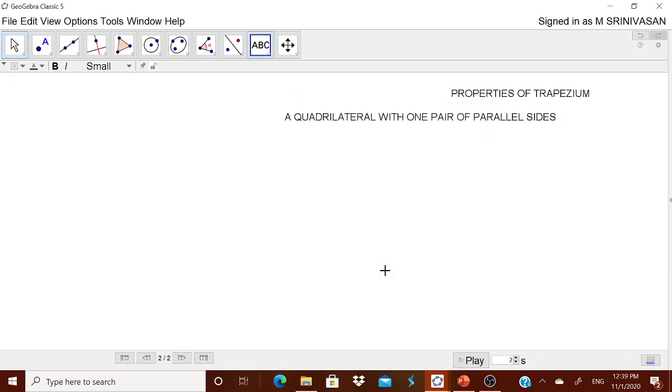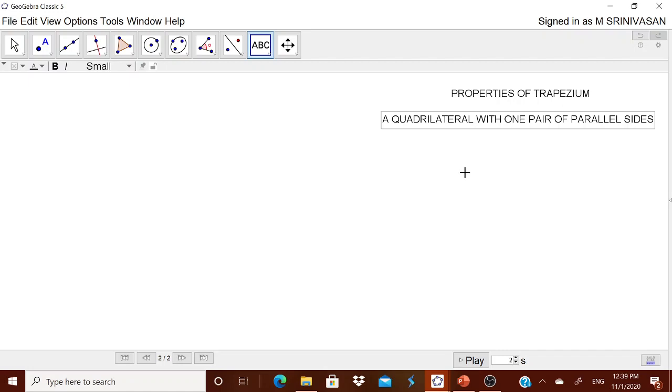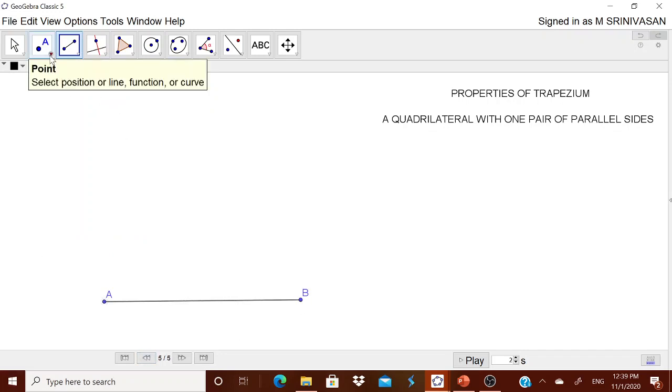Okay, I think very closely we are going for one pair of parallel sides, two pairs of parallel sides, equal sides. Like that we will be discussing these quadrilaterals one below the other. Okay, let us start. We will go for one segment. I will take one segment AB. Let me take a point C just away from this B. Therefore, let me take it somewhere here.